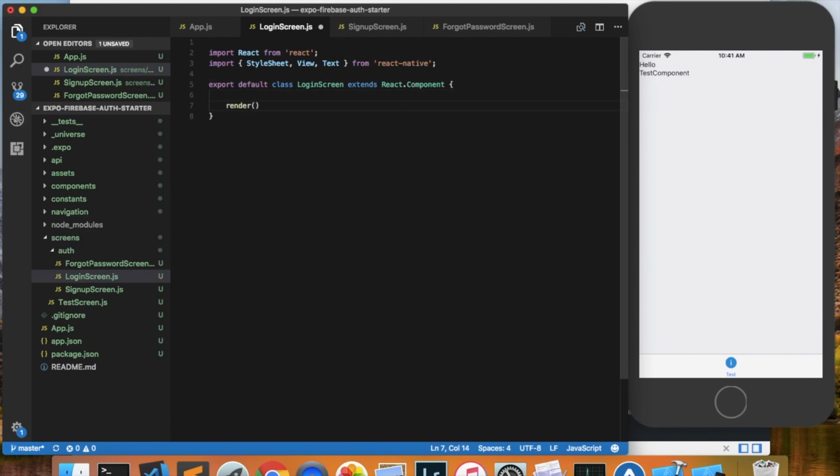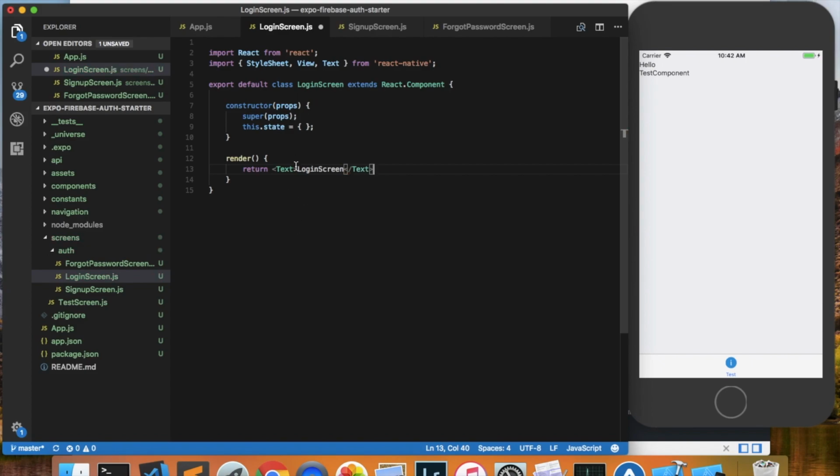For our render method, let's first add a constructor. Remember, you always have to call super props, and we'll initialize the state to be blank. For our render method, we will just return the text of the screen